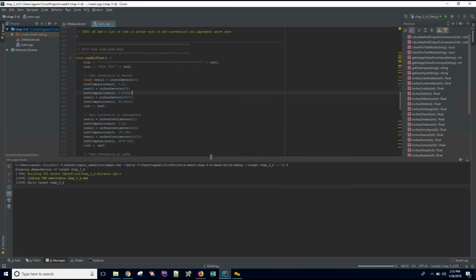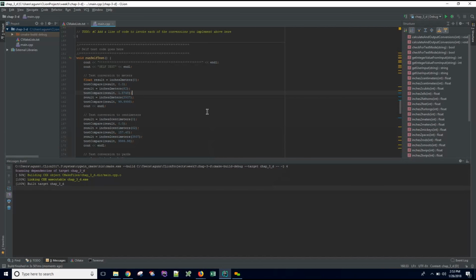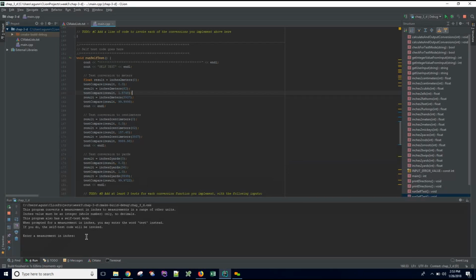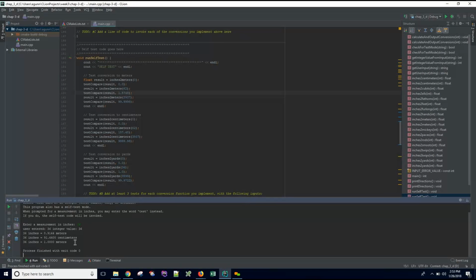The question came up the other day about why would you simply build your code instead of building and running it? And it's a good question. I think you guys 99% of the time will always run your code, okay? And then see what it does. In this case, if I enter 36 inches, it tells me that it's not quite a meter, which is certainly